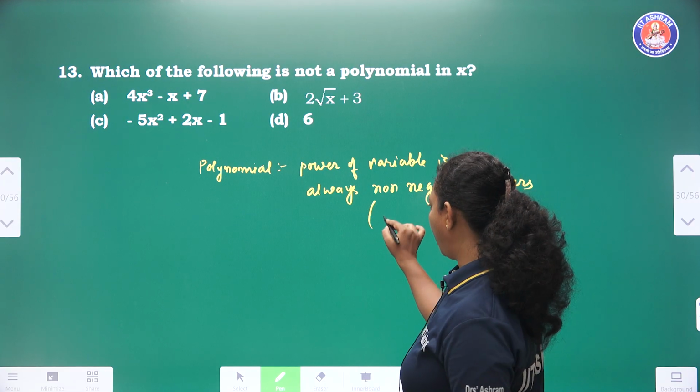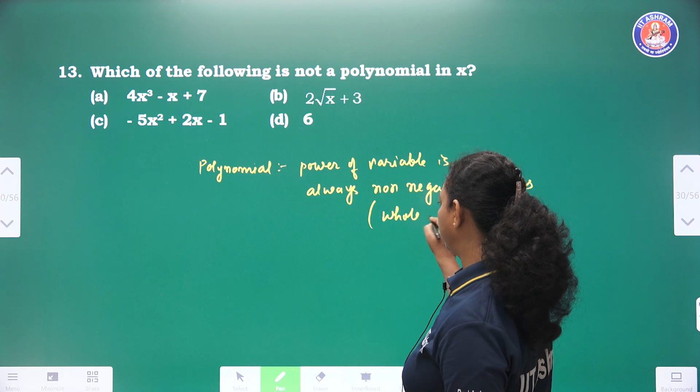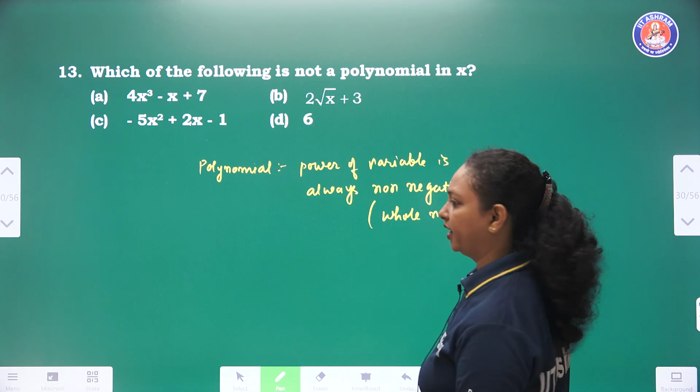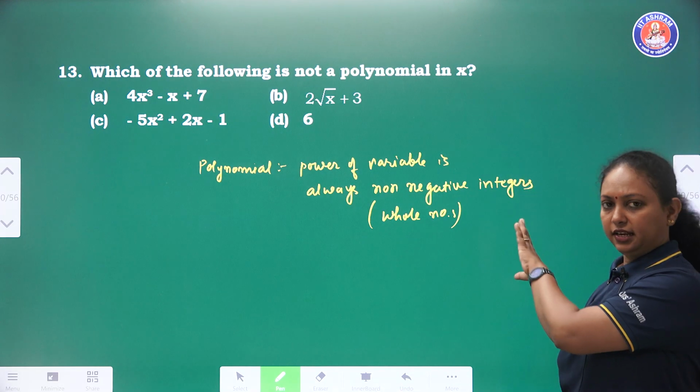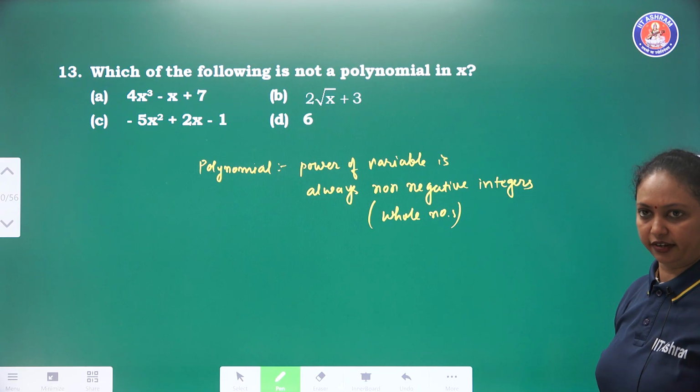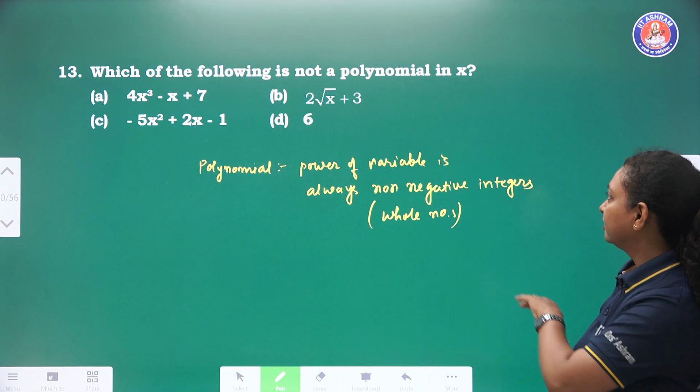It means that the power is what? Whole numbers. It can be 0, 1, 2, 3, 4 till infinite, but no power is negative and no power